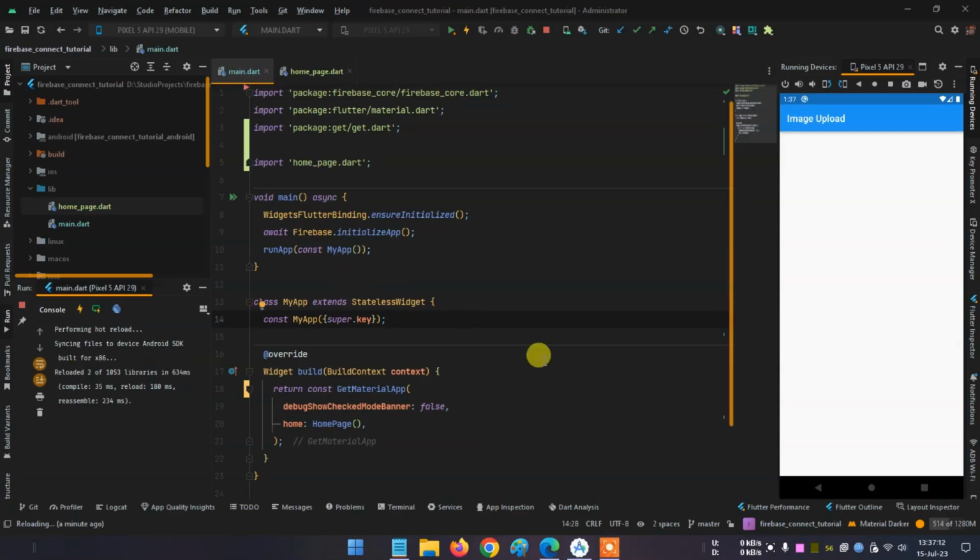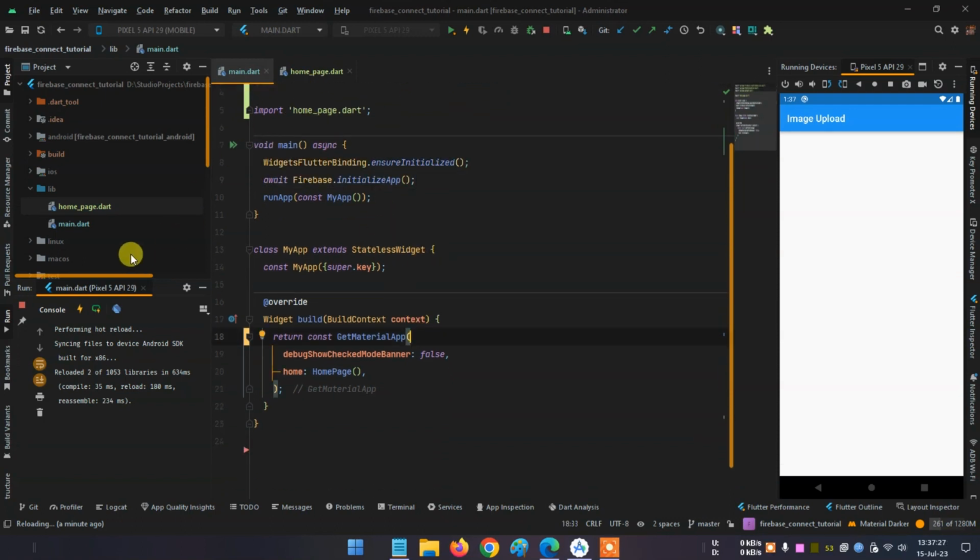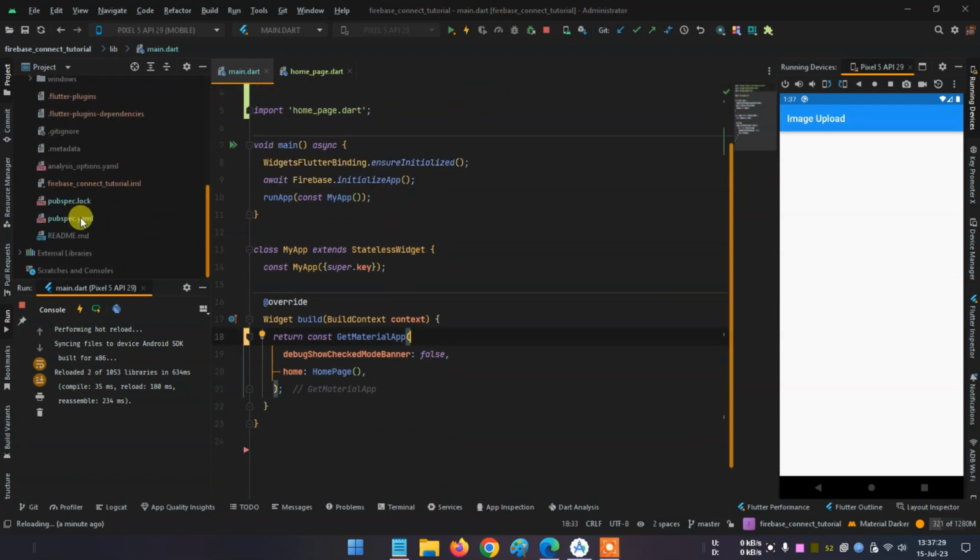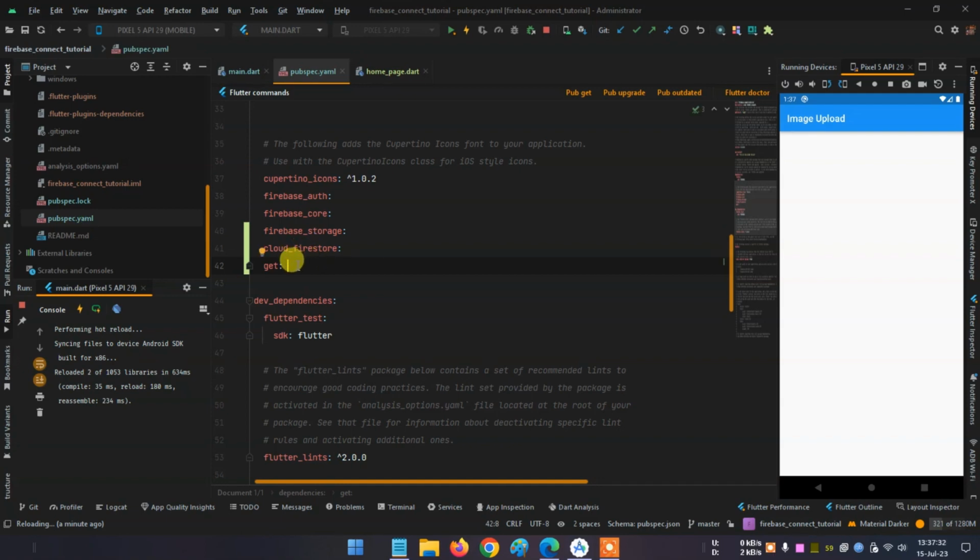So first of all, here is my project. I have nothing yet, I just connected my Flutter, which I showed you in my previous video. See, and I am using GetX state management. So here you can see I have imported the package get, and for this project you just need